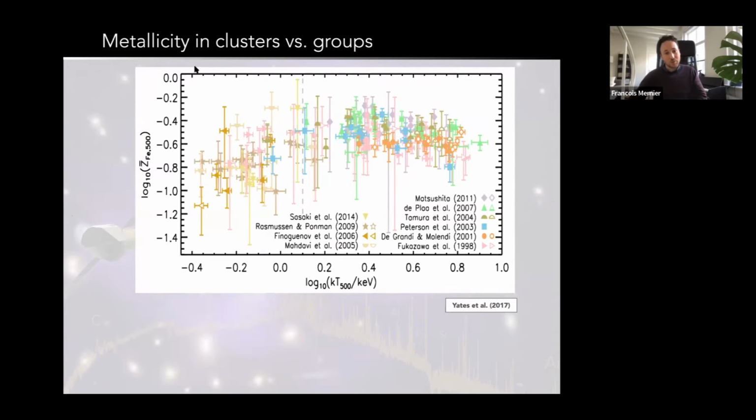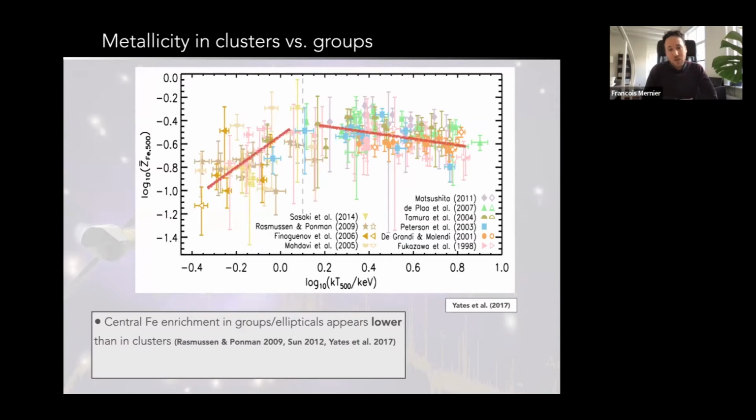A lot of previous observations were nicely summarized in this plot, where on the y-axis you have the metallicity, and on the x-axis you have the temperature of the system, which is a good proxy for the mass, in the sense that rich clusters will usually be hot, while poor groups and ellipticals are usually quite cool and are on the left of these plots. What you see is that the general trend was that for clusters you have a more or less flat trend, or even a slightly decreasing trend. While for groups and ellipticals, the less massive your group, the less enriched your system would be. So these were previous